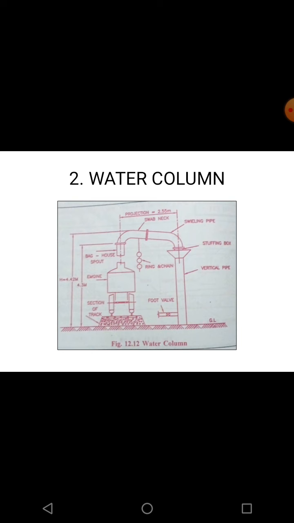Now the third component, that is turntable. From the name itself you can say it is used for turning purposes, turning of the engine or to change the direction of the locomotive or engine. You can change the direction of your car easily, but in the case of an engine you cannot change the direction easily, so you require a special arrangement that is known as turntable. So turntable is used for changing the direction of the locomotive.